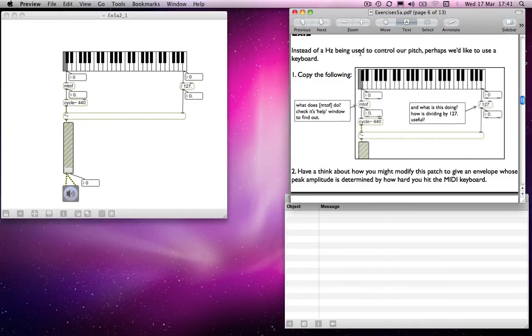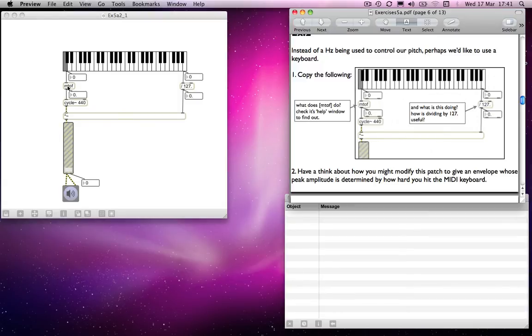So I go on to say, instead of a hertz being used to control our pitch, i.e. from a number box being connected to our cycle object, or from an envelope generator like the function object, perhaps we'd like to use a keyboard. So we're using MIDI information and making that control the pitch and possibly the amplitude of our oscillator. So I've got a patch here that will enable us to do that, and it, again, introduces,